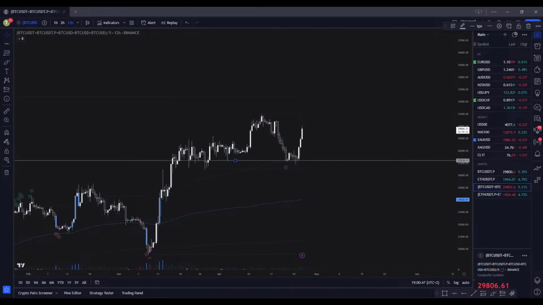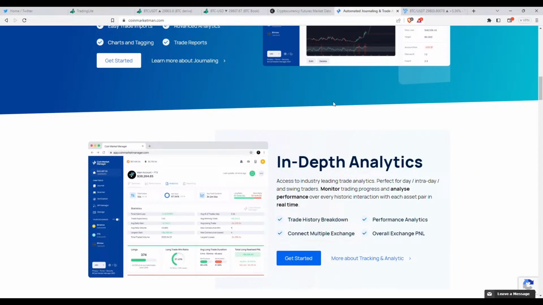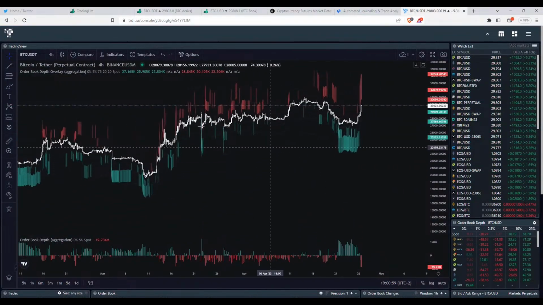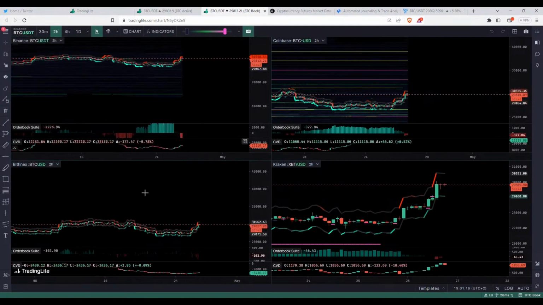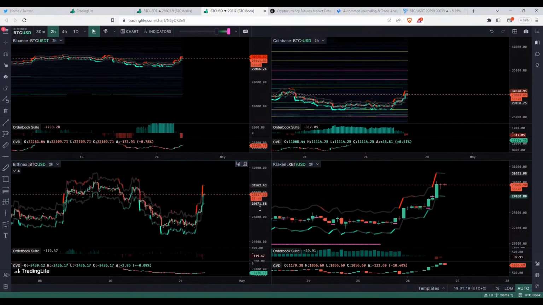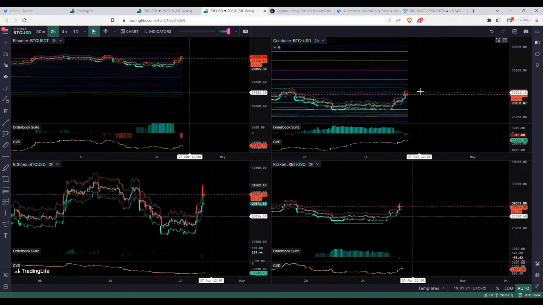I want to show you something which I think is pretty interesting from yesterday, or basically throughout this week, and I posted about this quite a bit on Twitter as well. This is the easiest view of this. This is TRDR.io. I haven't seen many people use it. Basically, it just shows you the aggregated order book. I have one on TradingLite here as well, but I feel that this TRDR view is a little more clean.